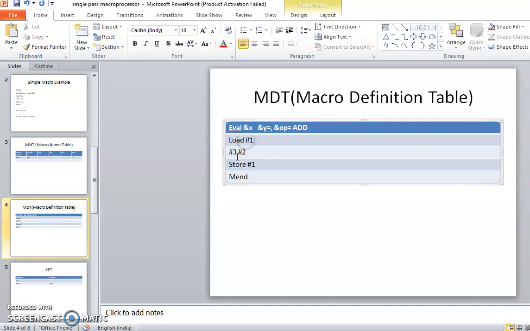But when we are specifying the parameters, I am specifying them as hash 1, hash 3, hash 2. This is because I'll get these values during runtime, hence I need to specify them as hash. Up to the keyword MEND, the entry needs to be made into MDT. Please note that the keyword MACRO need not be present here.